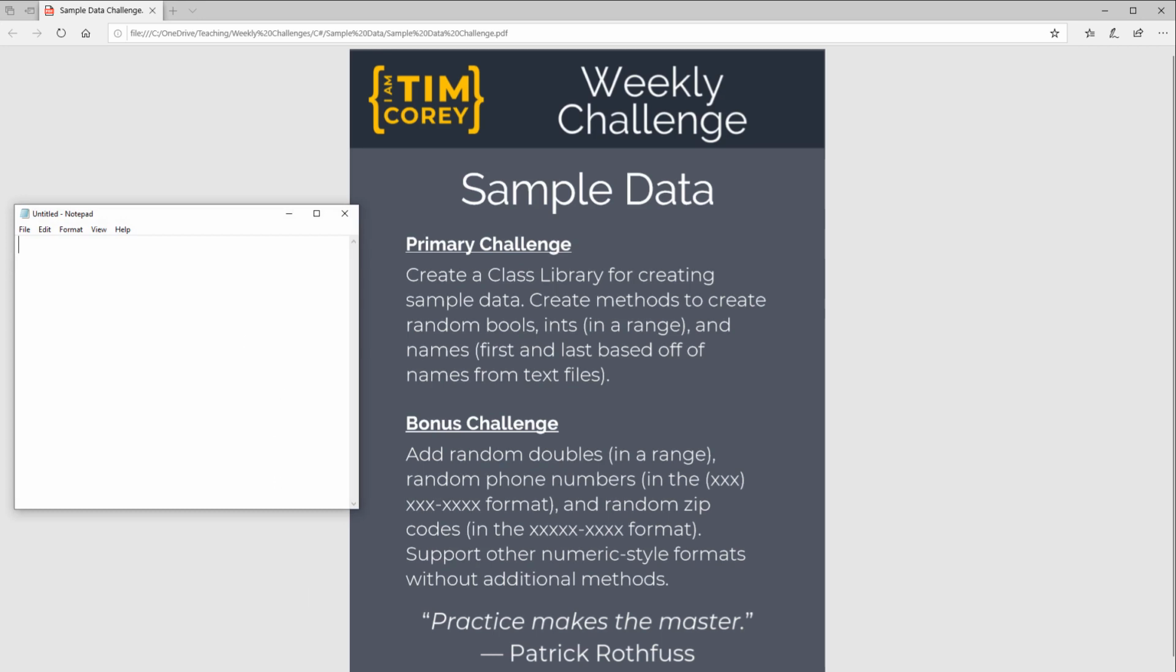So our zip code format, that'd be a zip code, okay? Our phone number is like that. But what about a social security number? In the US, a social security number is like that, okay? I want you to be able to support a format like this without adding an additional method,